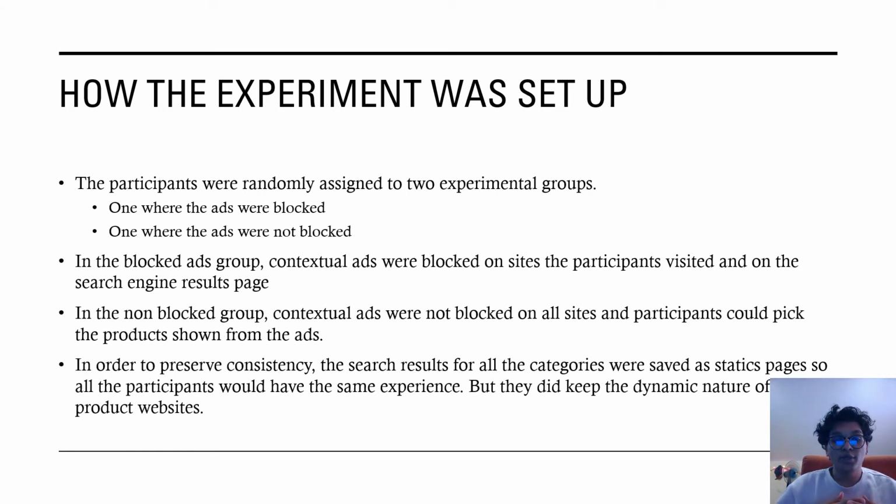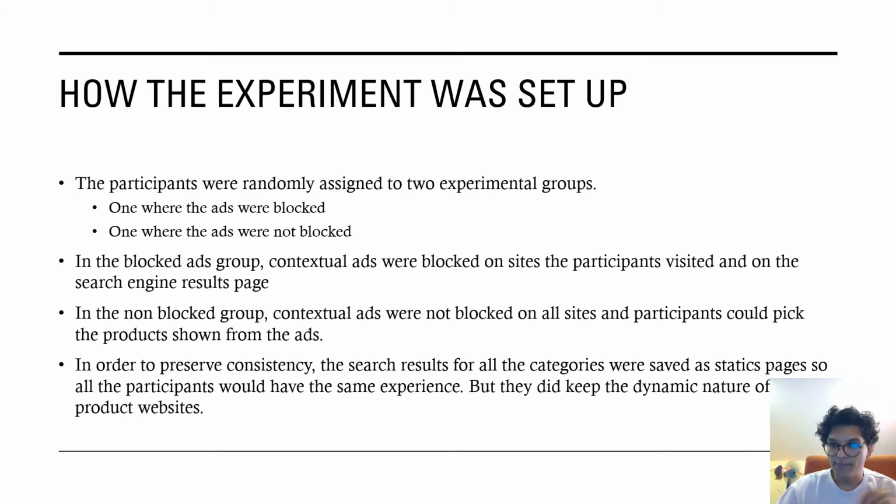In order to preserve consistency, though, the search results for all the categories were saved as a static page, so all the participants would have the same experience. They did keep the product page itself dynamic, though. Basically, what that meant is, let's say I search laptop, then all the laptop search results on google.com would be the same, and then if I click on amazon.com, the amazon.com page will be different, a different kind of ad, a different kind of setup for every participant. They wanted to keep the search result